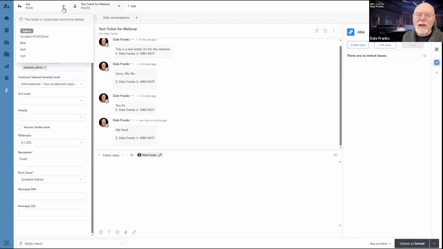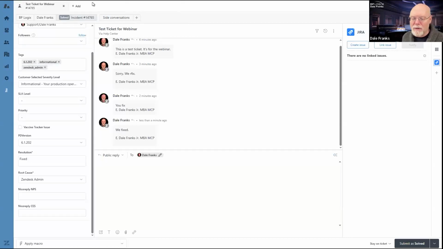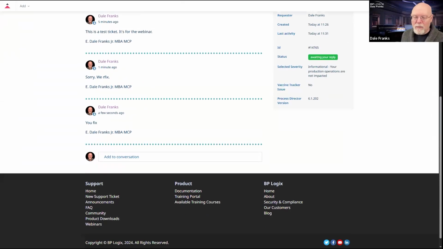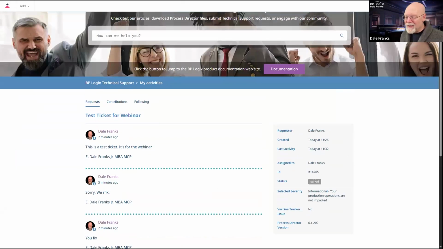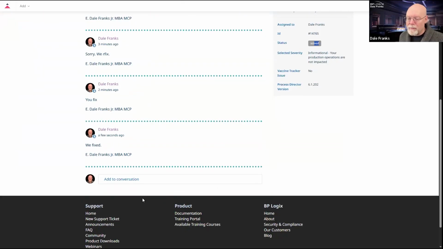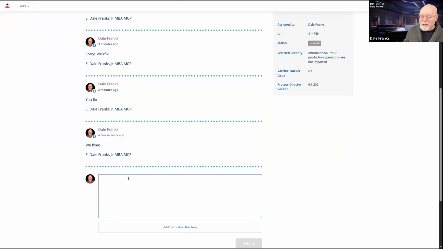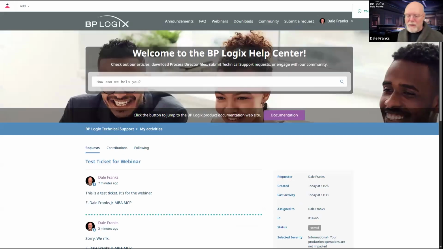I'm going to go ahead and close that tab and that tab. So we're saying one thing at a time. We can come back over here. We can look at our form. We fixed. Okay, great. Ticket is now marked as solved. I can still respond. Just because this ticket is marked as solved doesn't mean that I have to accept that as a customer. I can always reopen a ticket. If I reply, it's automatically going to reopen this ticket. So I'm going to submit that response.